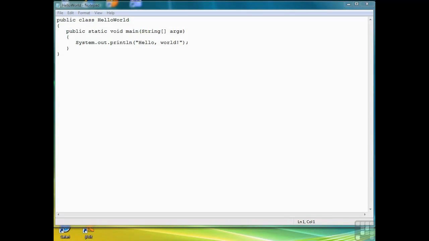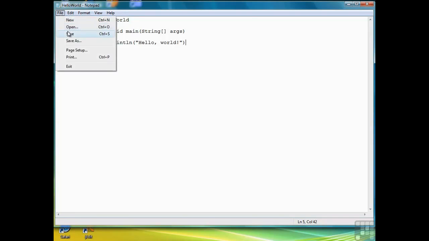Mistakes are going to be part of every program, and now is probably a good time to at least introduce you to a couple of the kinds of mistakes that you can make when you're writing Java programs. So we're going to look at two of those today, leaving out semicolons and misspelling keywords. Let's start out with leaving out a semicolon. We only have one in our Hello World program, so let's take it out,